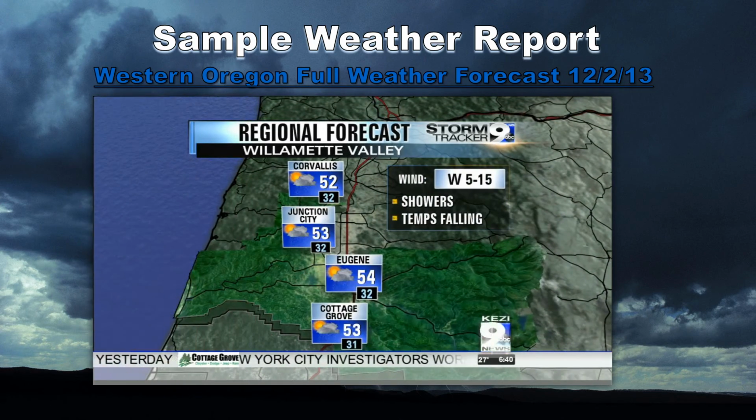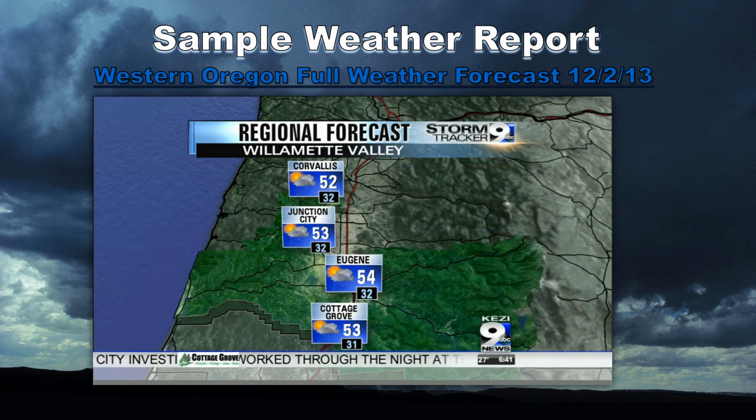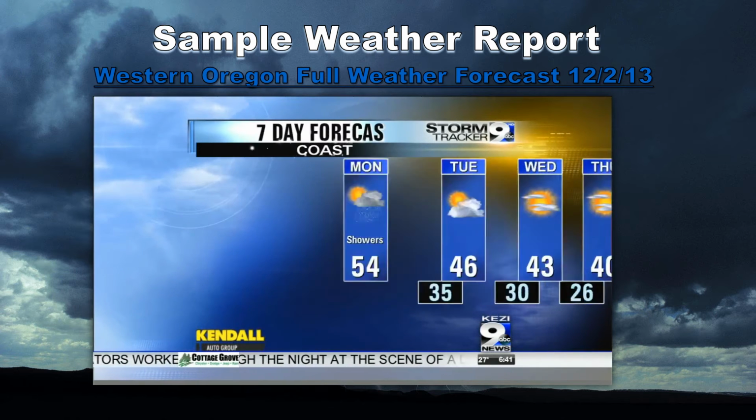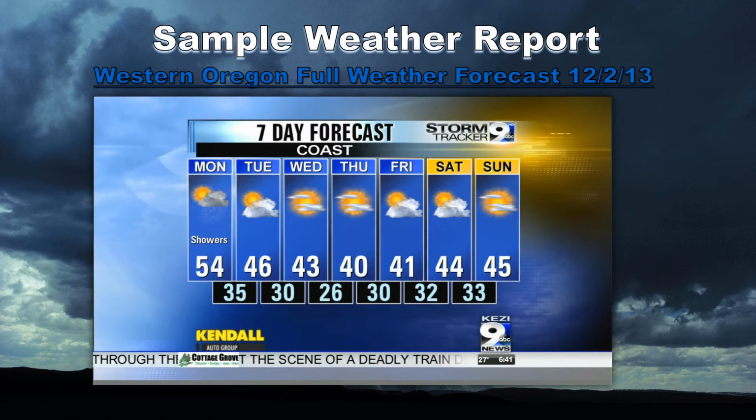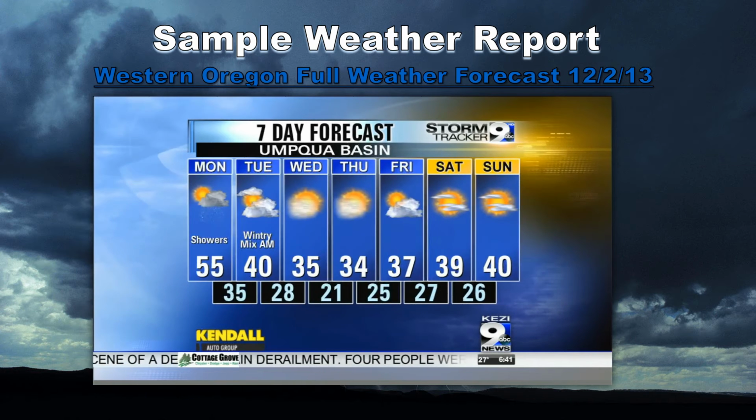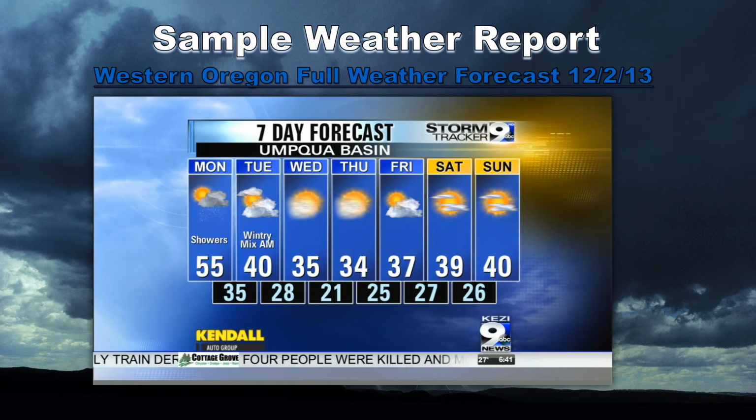And the valley seeing those temperatures falling again. Rain showers off and on all day, and then we all dry out. It just gets very chilly. So temperatures along the coast falling to the low 40s by midweek, mid-20s overnight. The Umpqua Basin, you'll see your temperatures falling to the mid-30s Wednesday, Thursday, and Friday, down into the